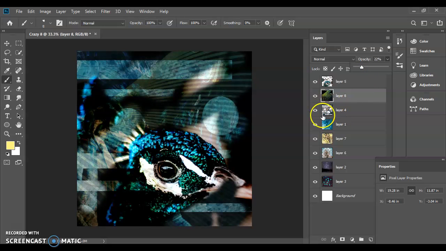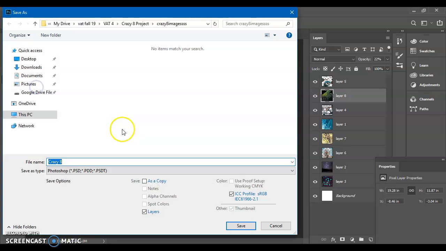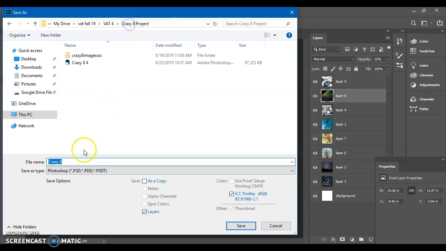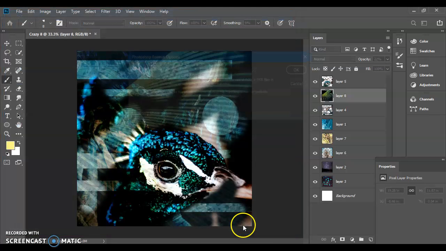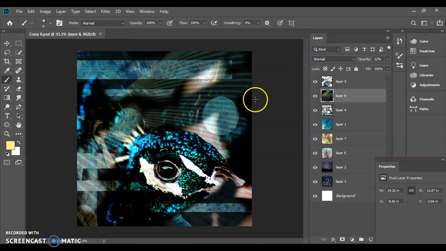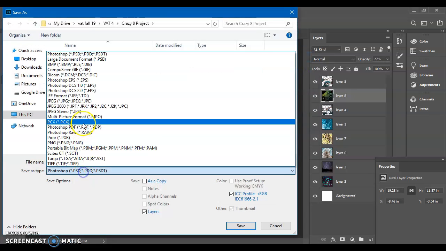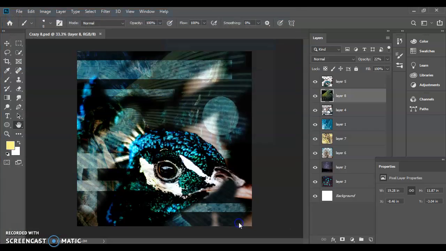If you hate a layer and you want to turn it off, I'm fine with that. But what you're trying to create is something with a focal point, or an emphasis area, something that stands out, things that look like they go together, and that is what you do to finalize your Crazy 8. Make sure you save that in your drive as a Photoshop file, and click OK. And if you're saving it for your portfolio, you go File, Save As, save it as a JPEG, and then click Save and click